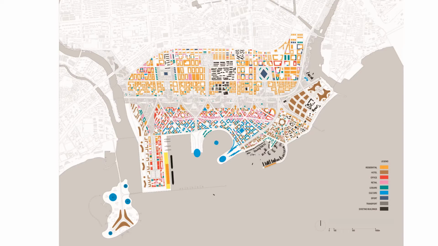So to exemplify this, this is a project I worked on where we had an 8.5 square kilometer area, fairly large area with 600 blocks that ended up containing 17,000 individual buildings. And we had a very short time to define what that master plan would look like. And again, being able to iterate through different design options was very important.